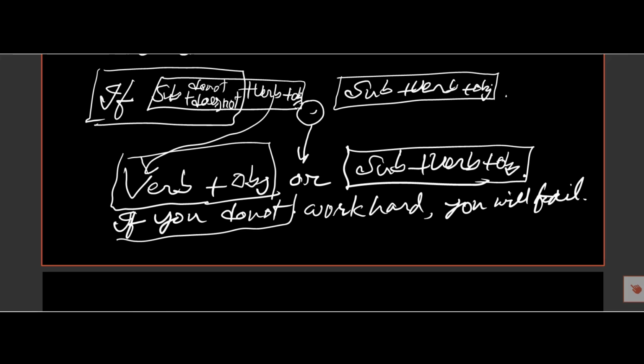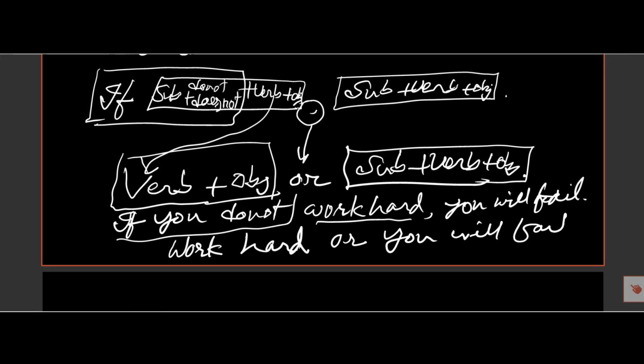So we must remove this and we must begin from work, as it is the verb, work hard, and removing the comma we must put here or. You will fail. This is that. So I repeat, if there is conjunction if and the sentence is negative,